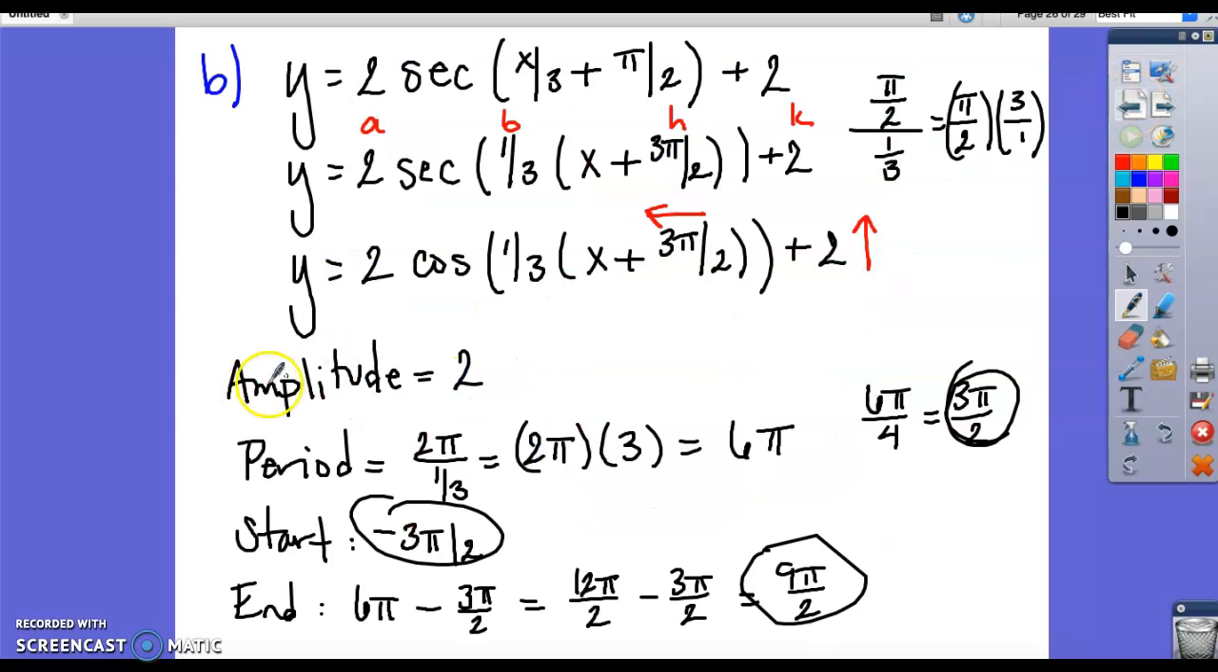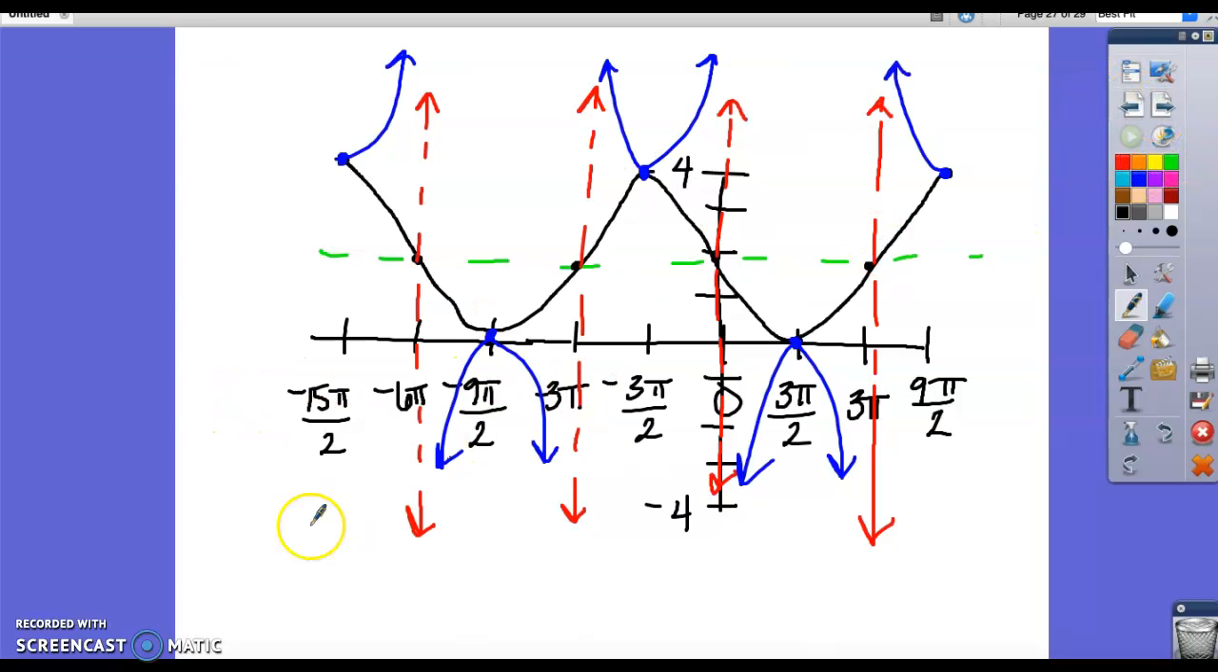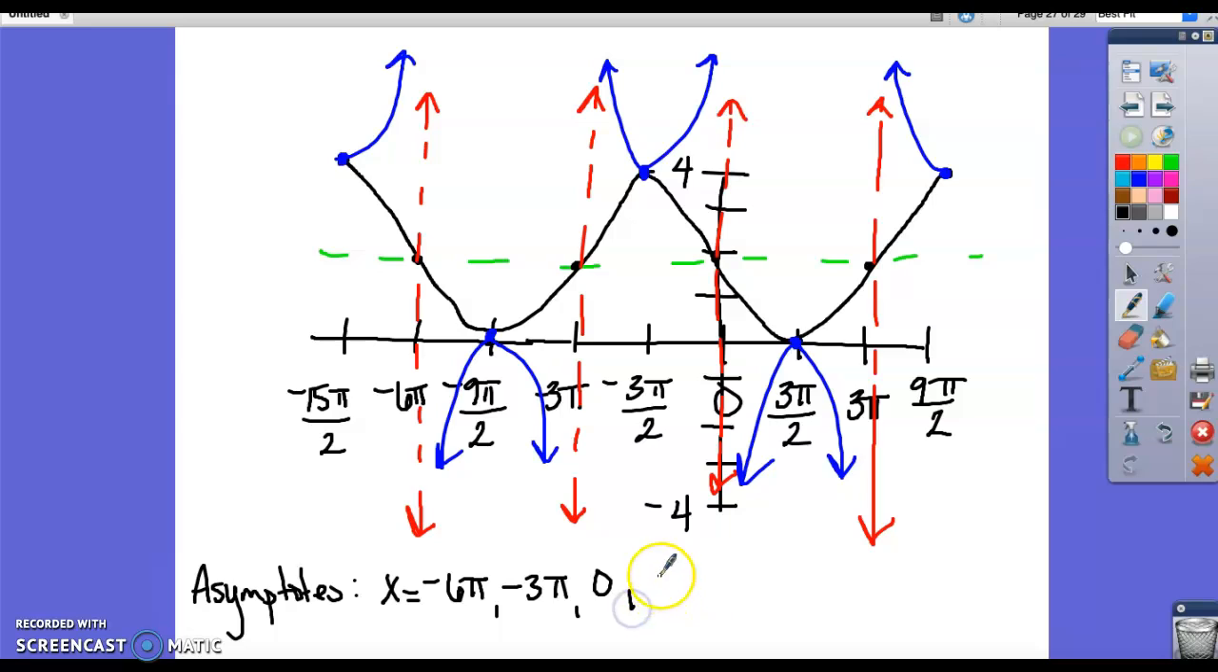If I'm looking for my asymptotes here, they are vertical lines, so they have the equation x equals. So x equals negative 6 pi, negative 3 pi, 0, and